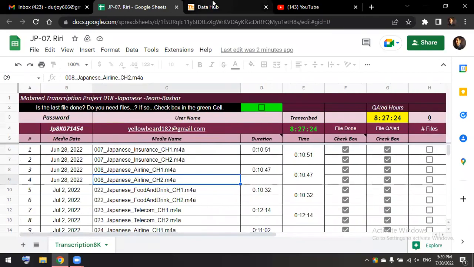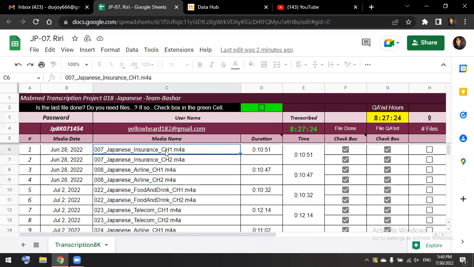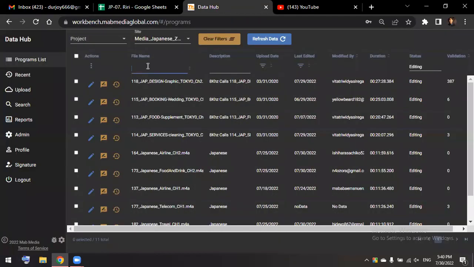After that, there is some filler, which I'll come to next. Let me go to the first file, like 007, which we have done. You can find the file by copying it from here with Control C. You can also find the file by putting in the number at the beginning of the file names, like 007, 008, 022 or 023. So let me search the first one, 007, James Bond.